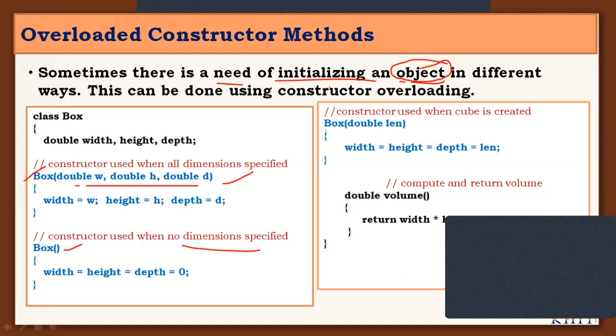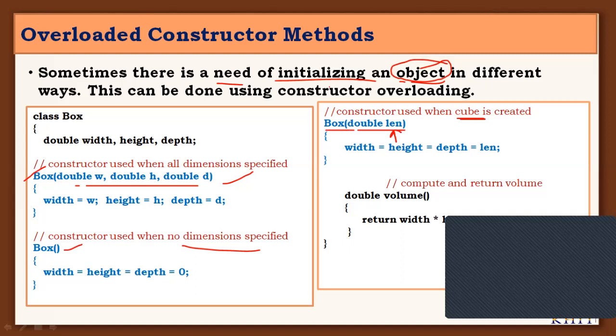And this is also a parameterized constructor with one parameter value, that is nothing but a cube. Cube having all sides the same. That's why only one value is required to represent or create a box called cube here. So these are the three different constructors used here, and it fulfills the concept called overloading.